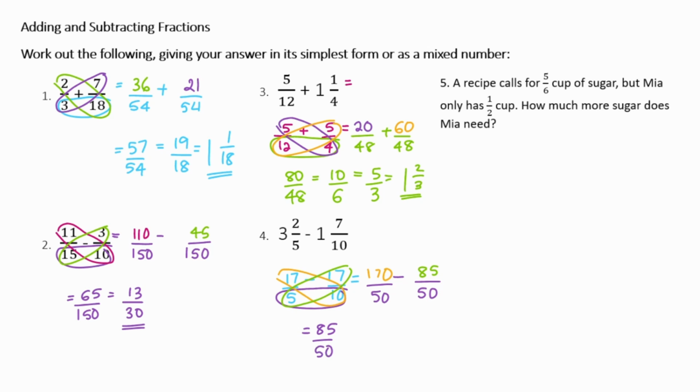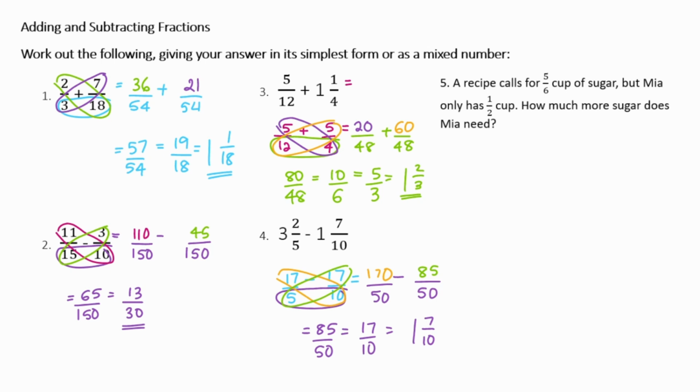We can simplify this using our 5's, so the numerator would be 17 and the denominator would be 10. And again, because this is also a top-heavy fraction, we can write this as a mixed number, and that would be 1 and 7/10. Number 5 says, a recipe calls for 5/6 cup of sugar, but Mia only has half